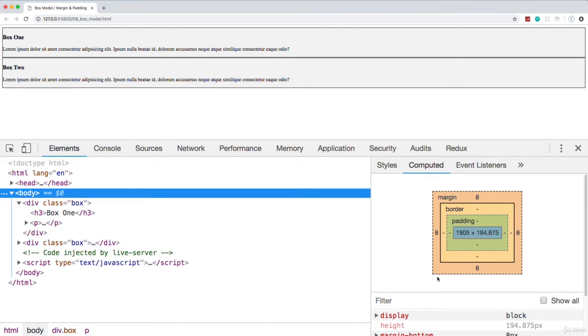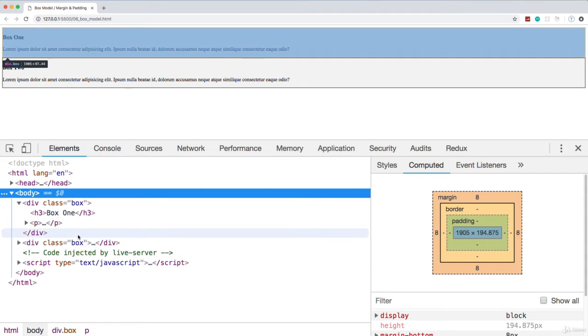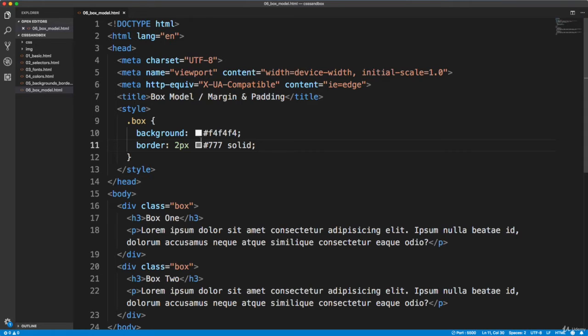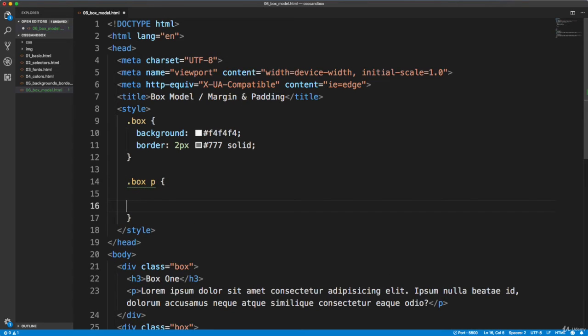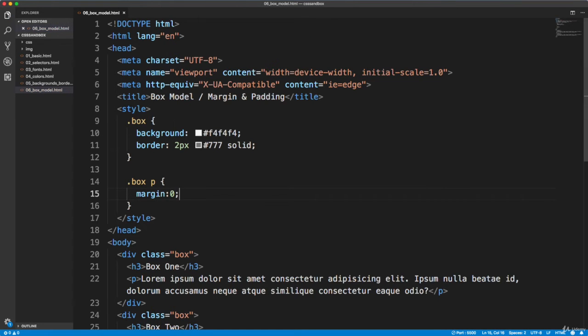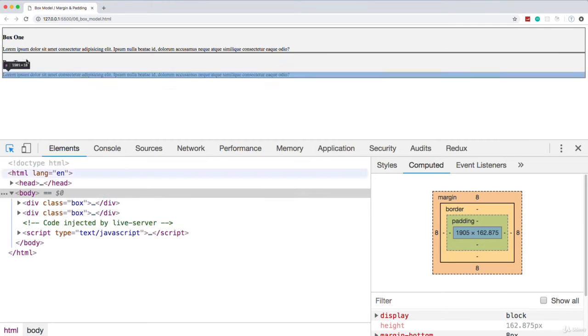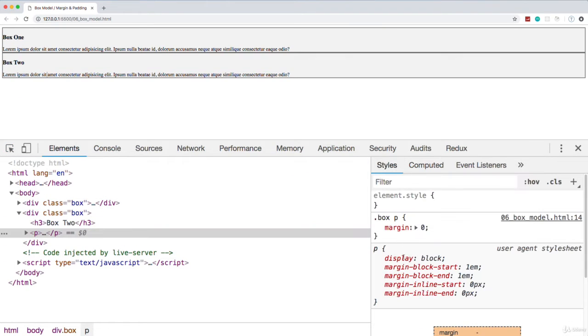So this is just stuff that you're going to run into, and you can overwrite those values, obviously. Like I could set, for paragraph, I could set margin to 0 and get rid of that. And I can actually show you that real quick. So if I say box paragraph and set margin to 0 and save that, we go back. Now you'll see that there's no orange when I hover over the paragraph. And if we look at the styles, you can still see the default, but this overwrites it, what I just